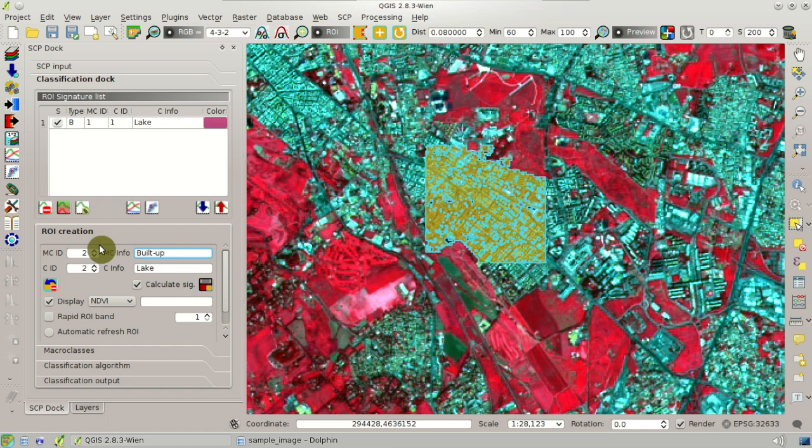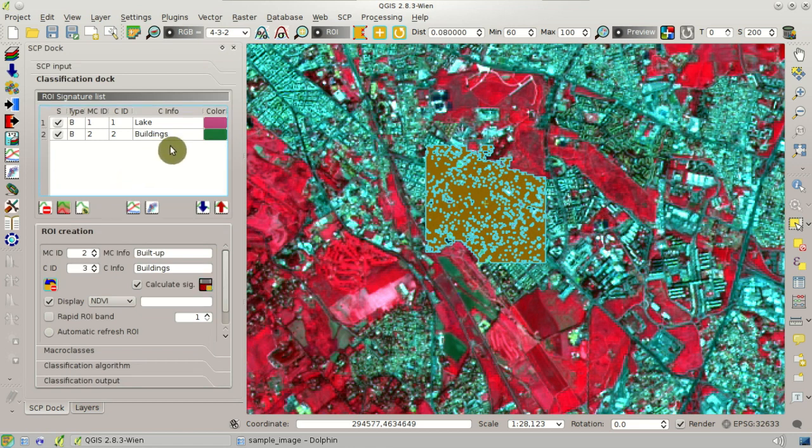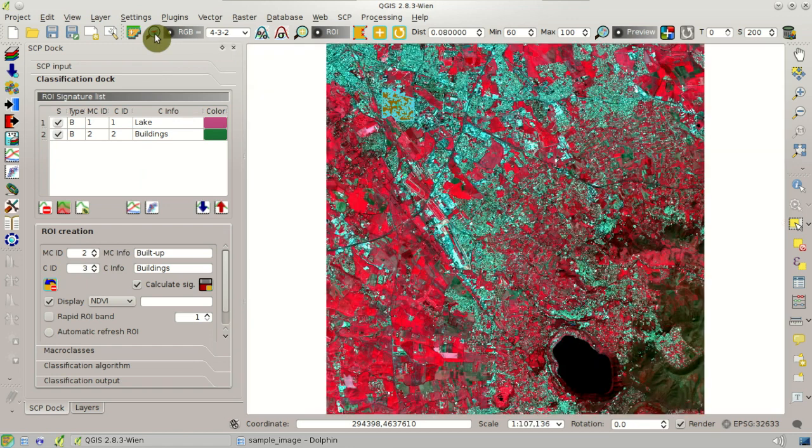We just need to change also the class information because the class ID was automatically increased, and we set here buildings. Then we click save, and this second ROI is saved in the ROI signature list. You can notice again that the class ID has automatically been increased by 1. Now click this button to zoom to the entire input image,